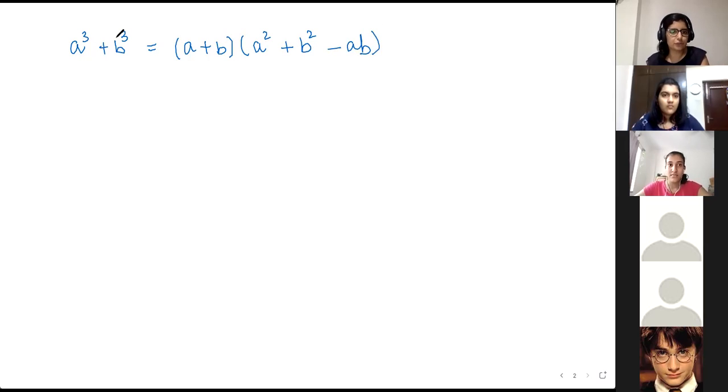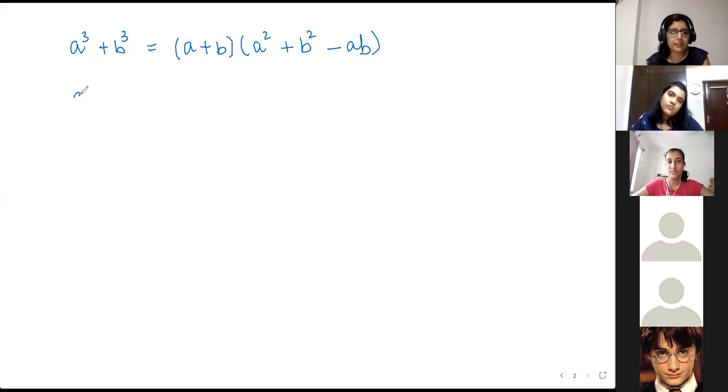a cube plus b cube, अगर cube लाना है, so you have to multiply a by a square and b by b square. So if I just do a plus b into a square plus b square, you have like these other bits, right? a into b square आएगा, b into a square आएगा. So you need to take away all of those. उसको cancel करना पड़ेगा. So that's the reason you get minus ab. So a cube plus b cube चाहिए, तो ab का term minus रहेगा, everything else will be positive.